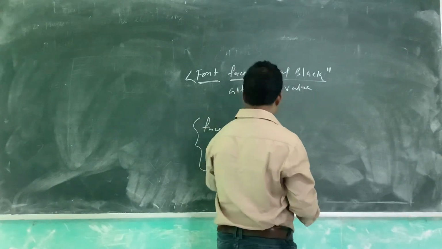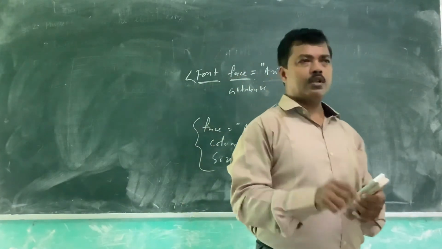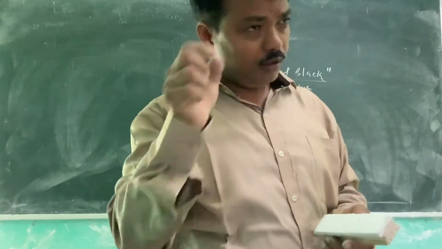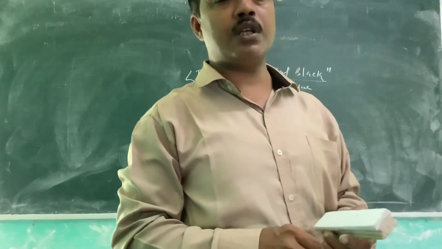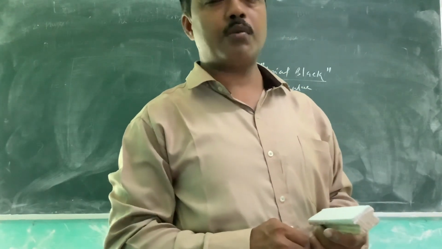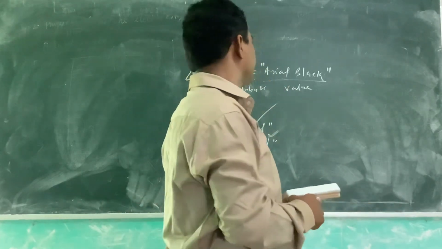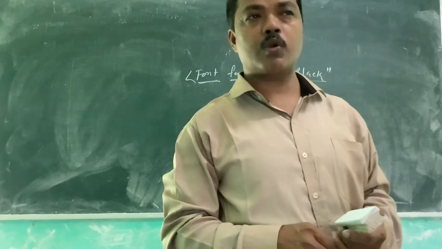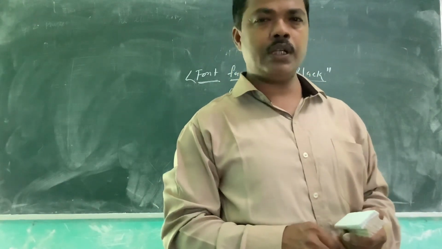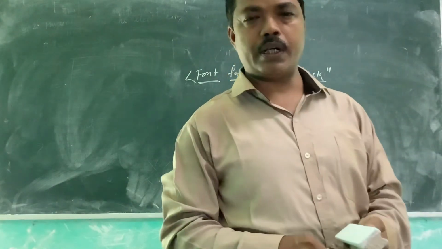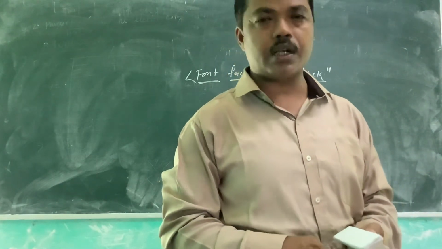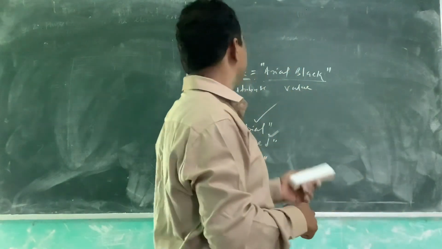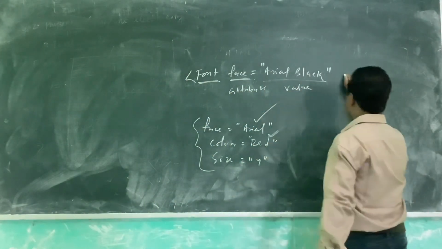And next, suppose you want to change your text color. Just like in the previous class we gave the background color using bgcolor equal to red or blue, green, cyan. Similarly, you can change the color of your text using color equal to red. That means using the color attribute within which tag? Font tag. So just add color equal